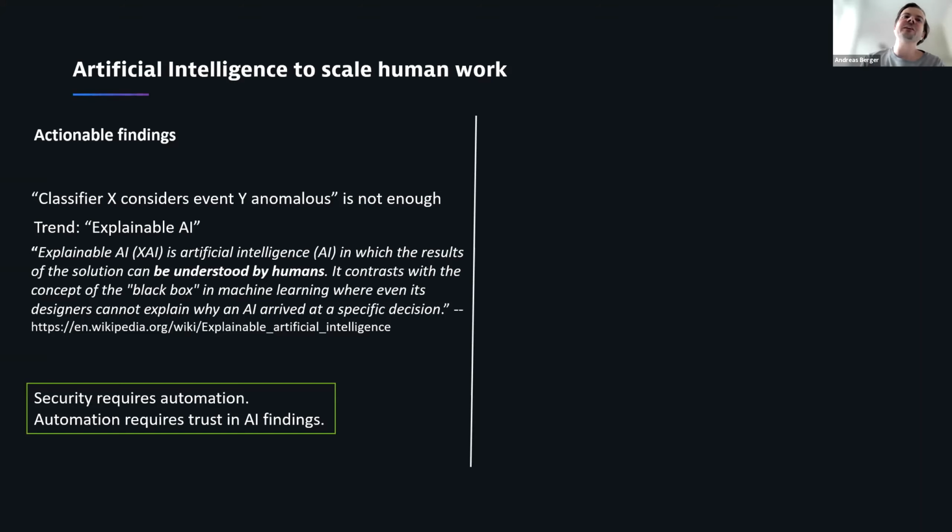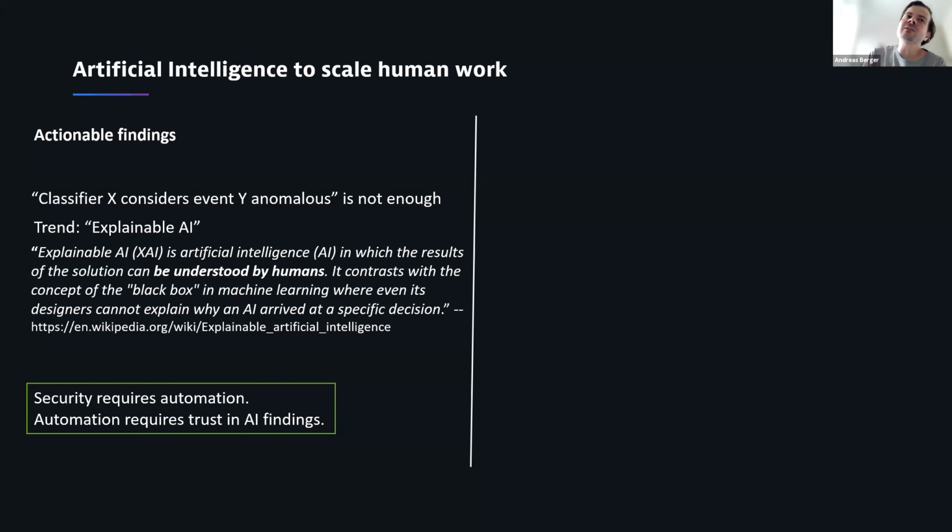There is a new trend that's called explainable AI that some of you might have heard of. And for those of you who haven't, I copied the definition from Wikipedia, which I actually find stunning when you look at it. Just quoting this one sentence here, in which the results of the solution can be understood by humans, which implies that for all the other things, they cannot be understood by humans, which brings me back to my initial point. What is the value then? If I just know that there is an alert, but have no means to interpret what it means to me or take actions from it, I wouldn't simply know what to do with that.